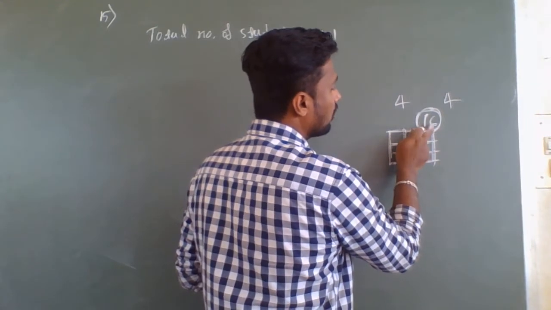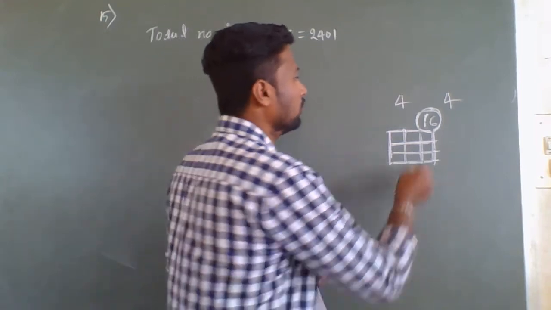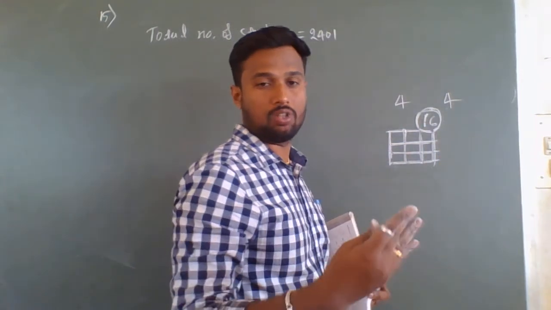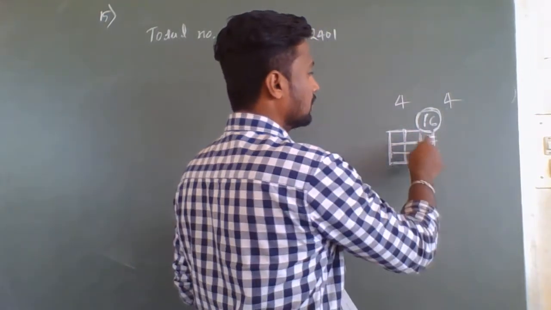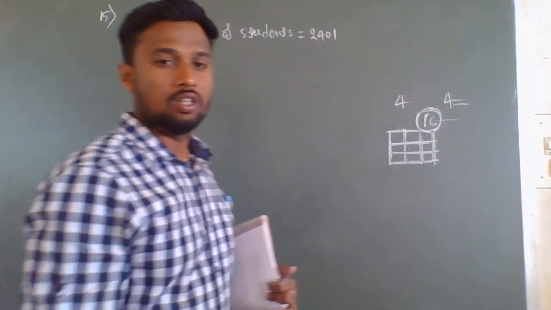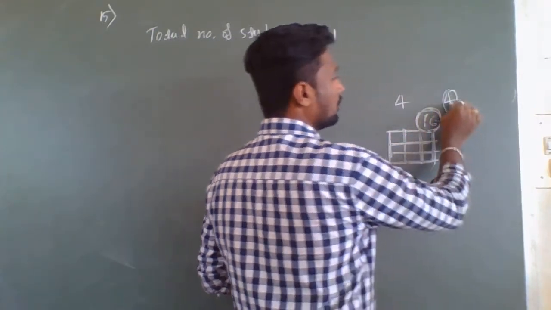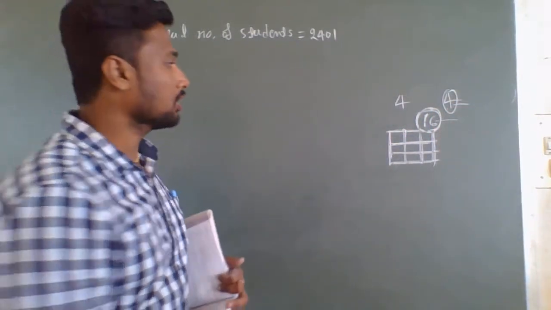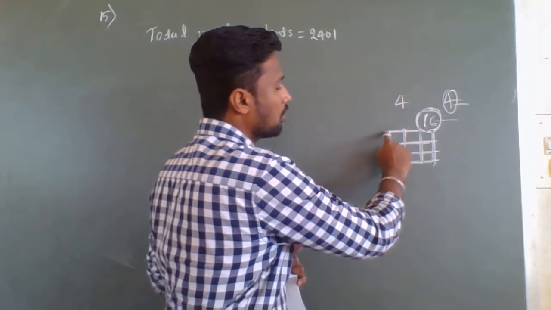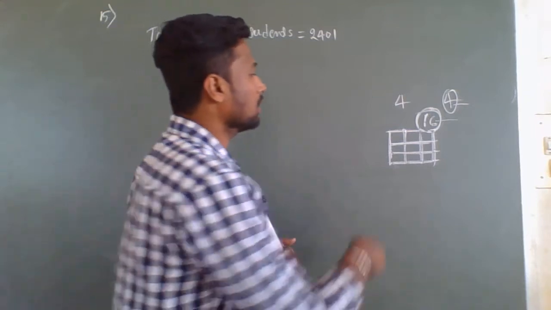Therefore, square root of 16, what will you get? Square root of 16 means 4, because when you multiply 4 two times you will get 16. Therefore, 16 is a square number and 4 is its square root. So, square root of 16 is 4. What does this 4 indicate? 4 is the number of rows, or it may be the number of columns also, because there are equal numbers of